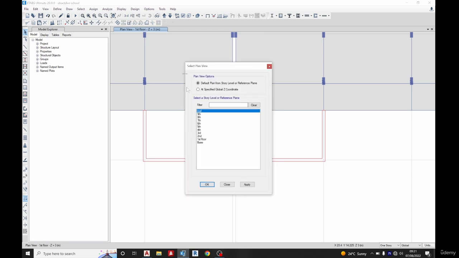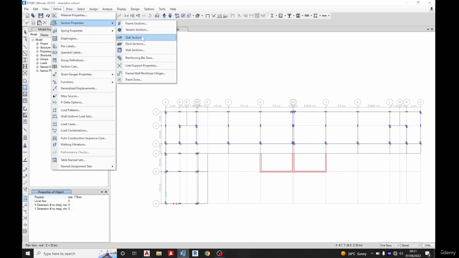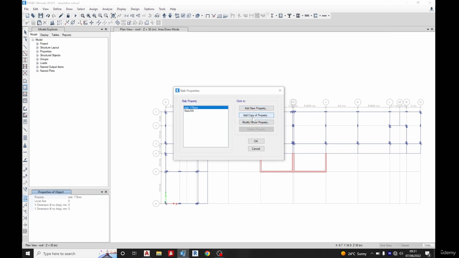So you can check it on the roof, click OK. So on this roof now, I need to cover the shear wall at this particular level. So I will place a slab of about 150 there. Use your slab 175. So I need to create a new slab to define section property, and add a copy of this and